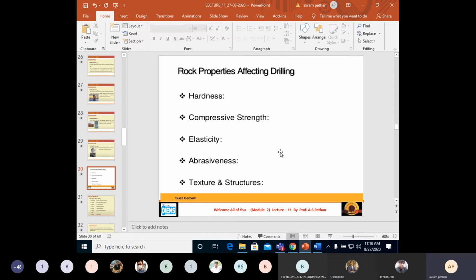Abrasiveness, if you see in the case of a road surface also, right? When the vehicle is running over the road surface, there is contact between the road surface and the tire, due to which a certain kind of rubbing or friction will be developed. If the friction is not proper, then damage will happen to the road surface due to the improper friction. So abrasiveness means what?